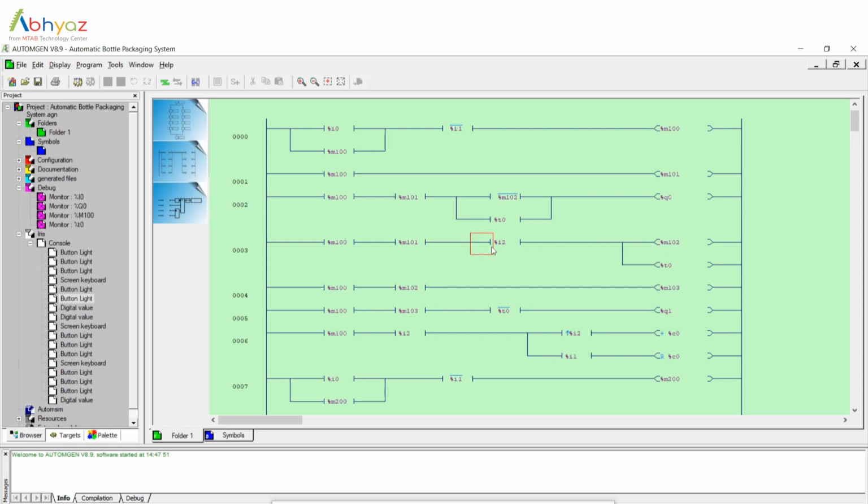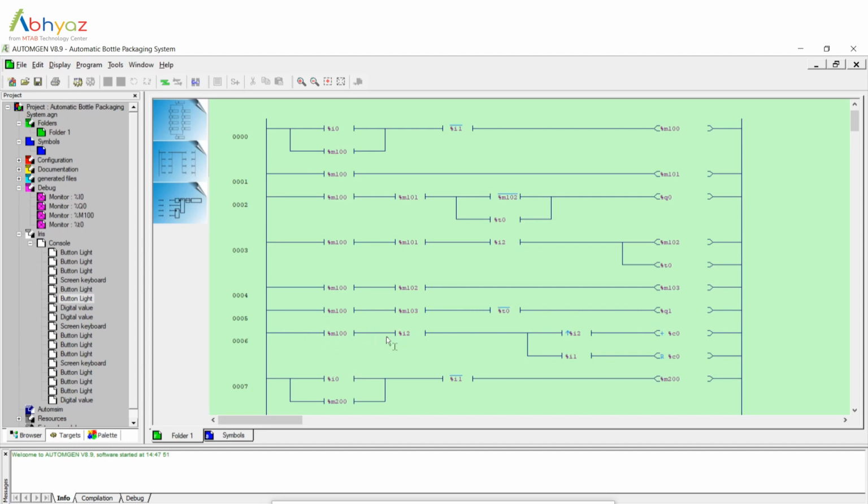Percentage I2 is the first proximity sensor to detect whether the bottle is present or not, and then you can see the first timer included over here, which will control this entire process in rung 3, controlling the previous conveyor belt motion as well as the upcoming nozzle action for filling the water.